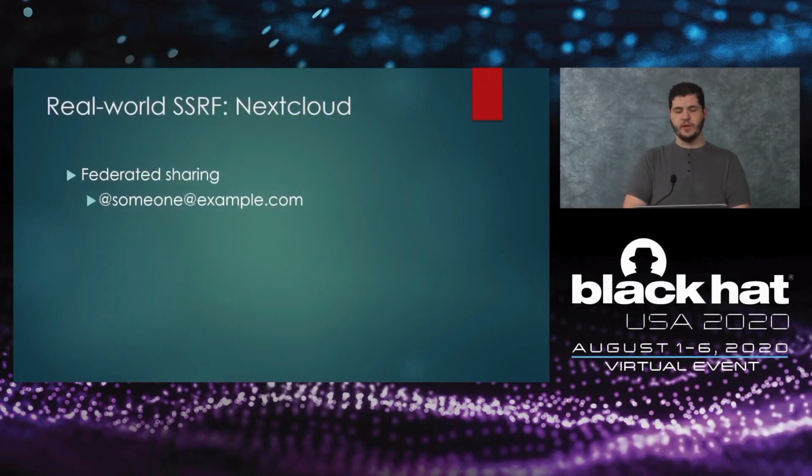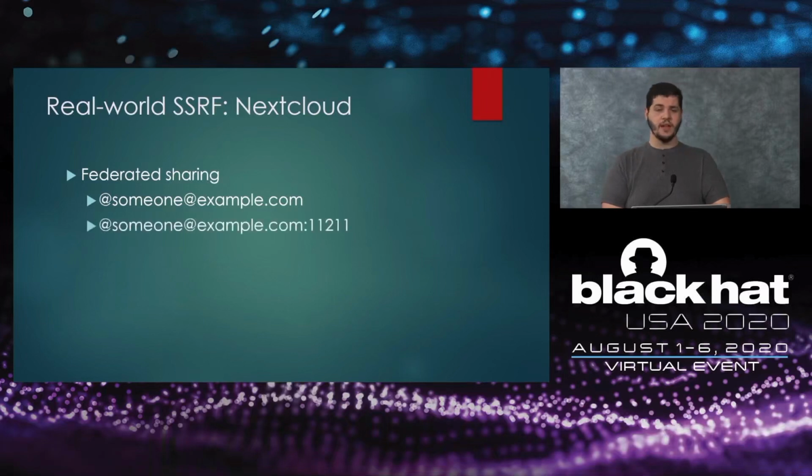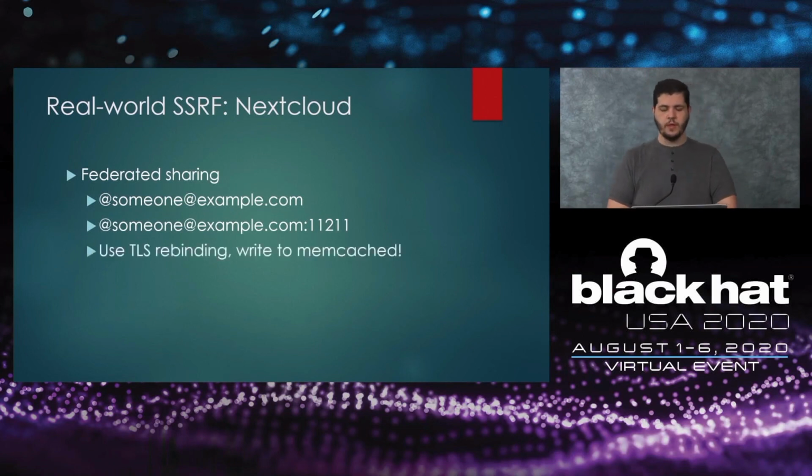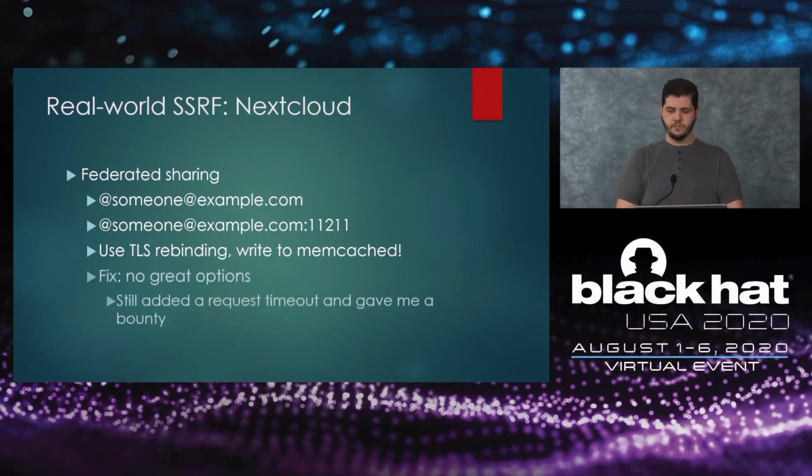The idea behind Nextcloud is a cool one. You can set up a server and host files, and even share them with other people's servers using a share URL like this. But as it turns out, you can include port numbers in the share URL. Now, since Nextcloud automatically puts HTTPS in there, normally there wouldn't be as much SSRF potential, and it would have to be blind SSRF. But luckily, I was able to do just that. So, as a non-admin user, I could use my TLS rebinding attack infrastructure to perform arbitrary writes on memcached.